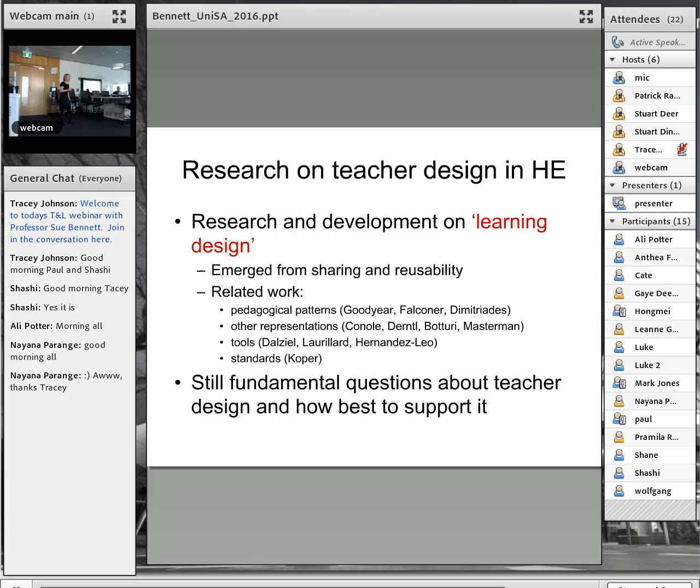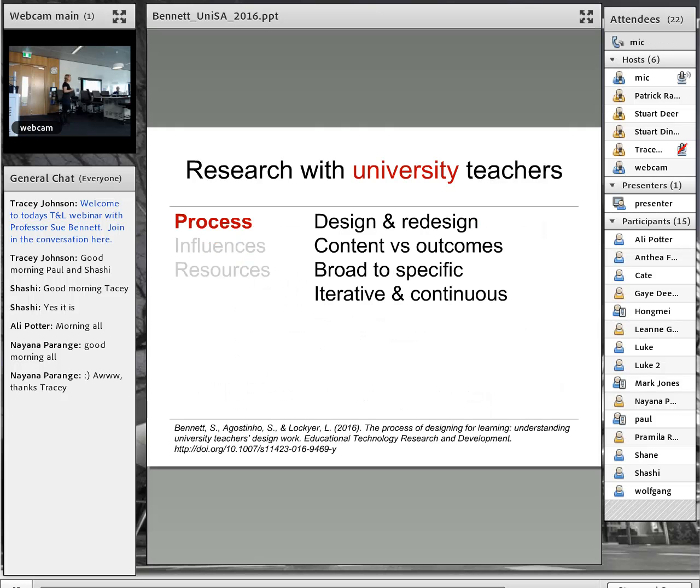I've been doing some work on this with my colleagues at the University of Wollongong and UTS, and I just want to give you a summary of some of what we've found, because we've done one of the few studies where we actually try to find out what teachers' practice actually is. Down the bottom of each of these first two screens is also a paper that you can go to if you're interested in reading more about this.